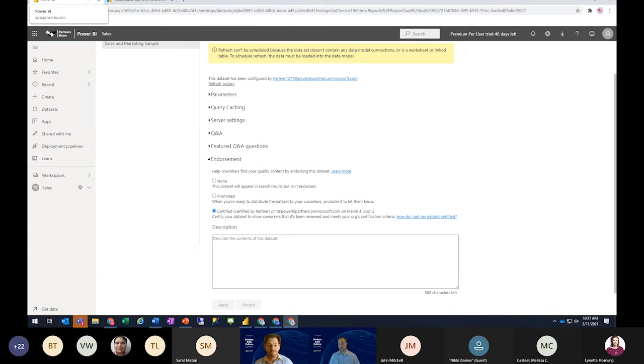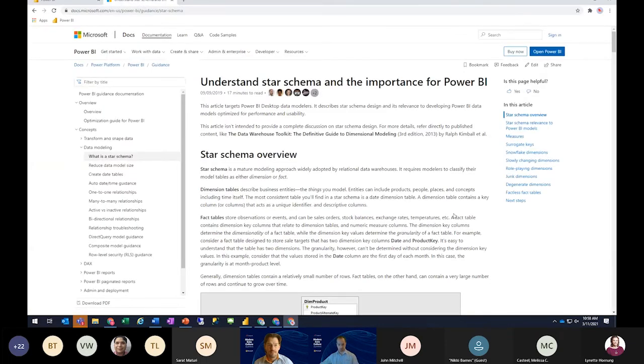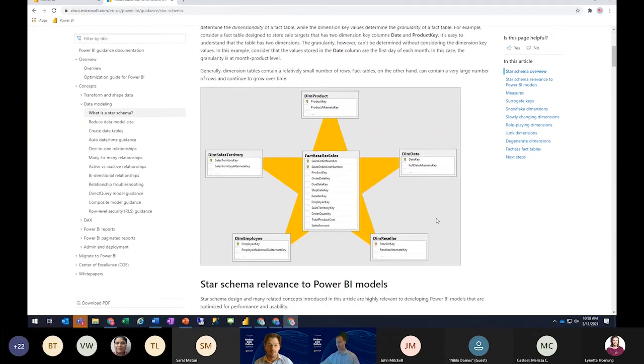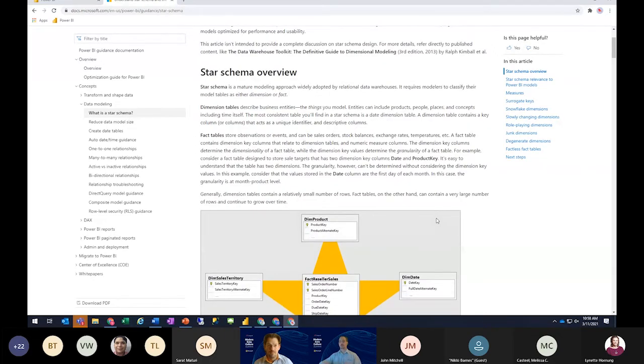Yeah, exactly. Not only is it important to understand the ratio of certified versus non-certified content in your tenant and who can do it, but there should also be internal standards for what's certified. Microsoft has great documentation on the basics of, say, data modeling. I won't go into a technical deep dive here, but the key takeaway is that we both have seen instances